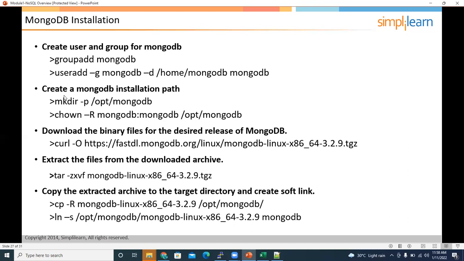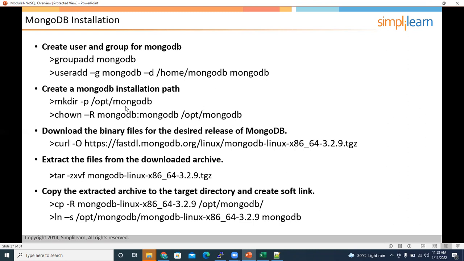Okay, and here we are creating directories. I'm just telling this for the freshers. These are the commands to create the group, create the users and create any directory. If you want to create any directories, you should use the mkdir command. Okay, the mkdir -p /opt/mongodb will create a directory under /opt/mongodb. But this directory has root privilege by default.